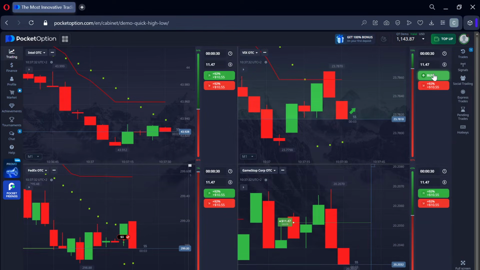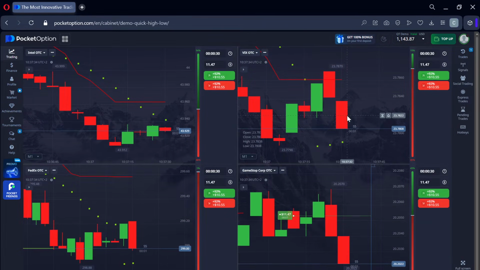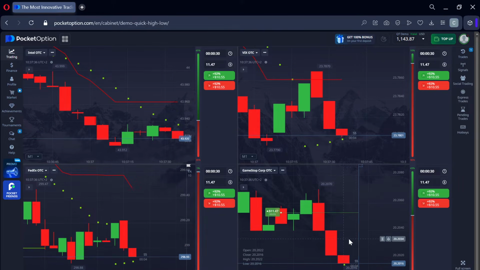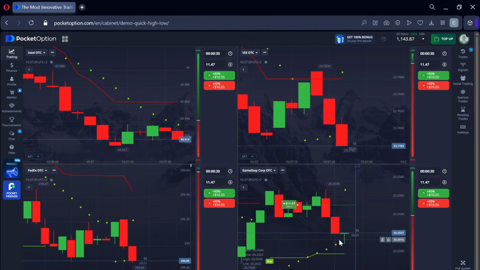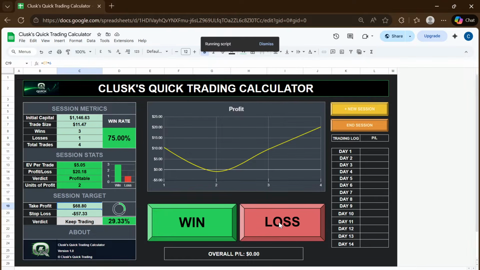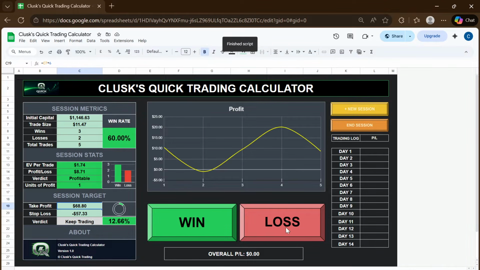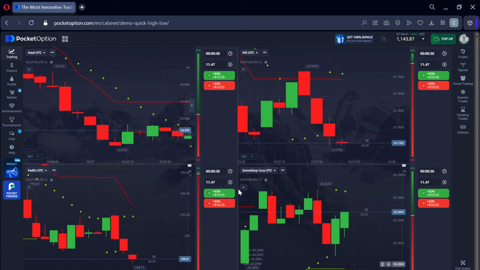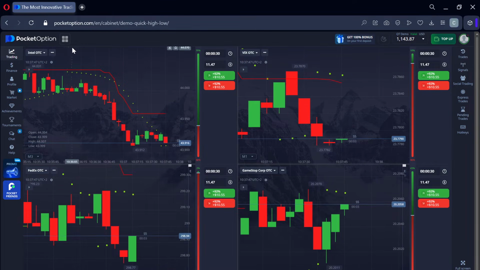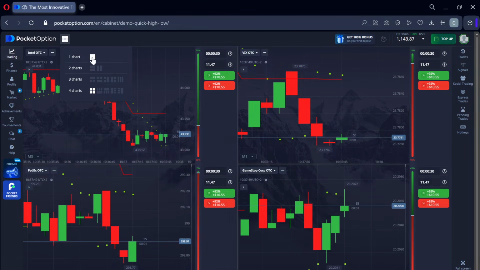Okay, we lost on that bottom left chart, and also looks like on this bottom right chart. So we're going to note those 2 losses. There we go, and there we go. So just to slow it down a bit for everyone, I'm going to move it to just one chart